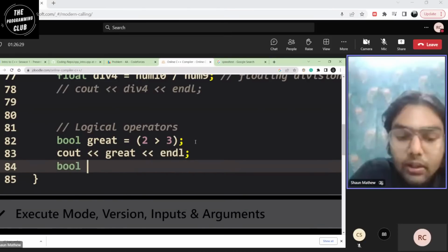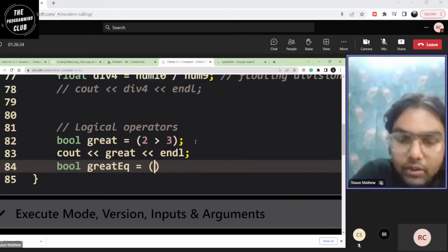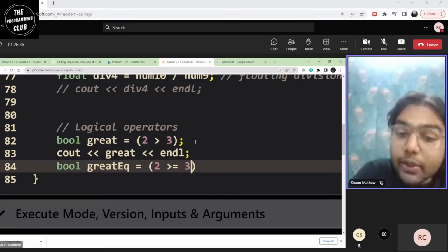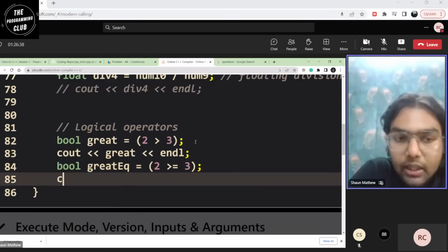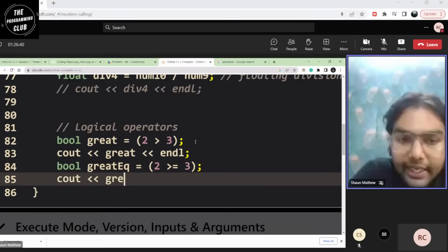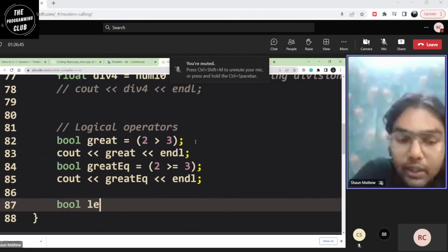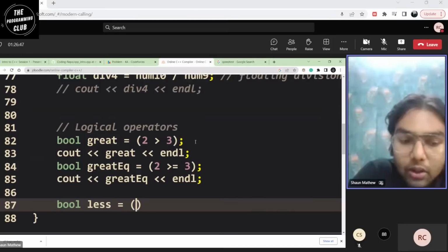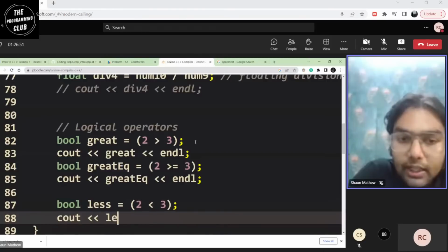If I do bool greater than or equals, 2 greater than or equal to 3. This is just to introduce you to the operators. I'll just cout grade equal to. Then I have a bool less, 2 less than 3. cout less.